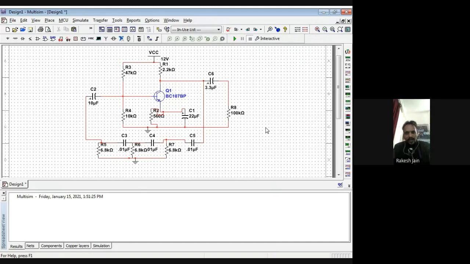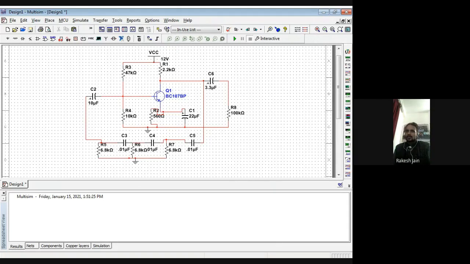Very carefully, first we take an NPN transistor. First of all, we should know the basic formula of the RC phase shift oscillator, that is 1 upon 2 pi root 6 RC. Choose any value of C, and we choose 0.01 microfarad. For a particular C value, we find the answer.